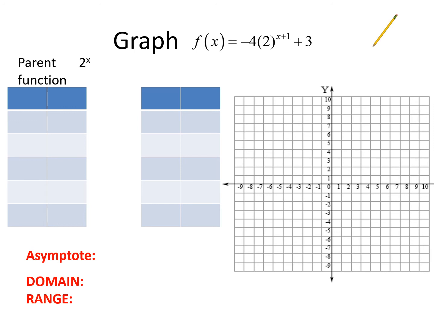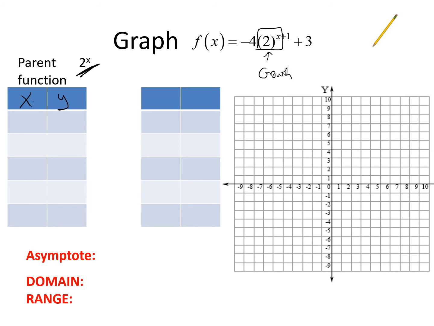Okay, we have negative 4 times the quantity 2 to the x plus 1, plus 3. Okay, all we want to talk about right now, right here, is this. Now, that 2 means it's going to be a growth. And this is my parent function, 2 to the x. So that's where I'm going to start my table. So I have x, y,